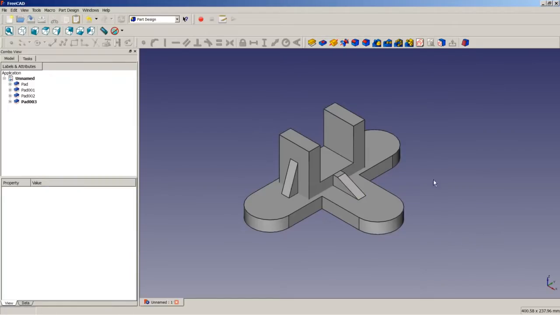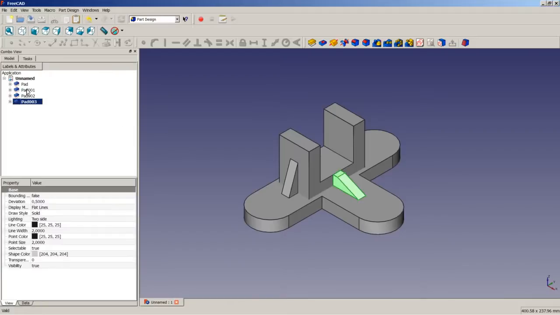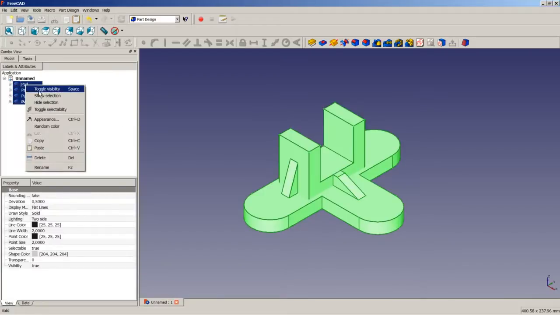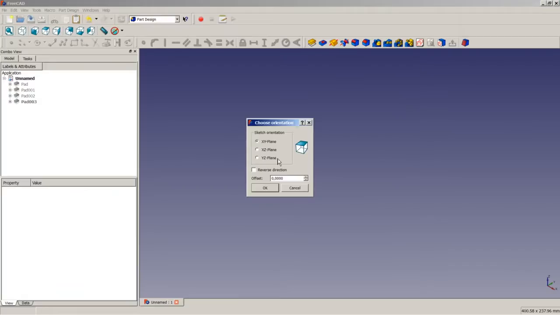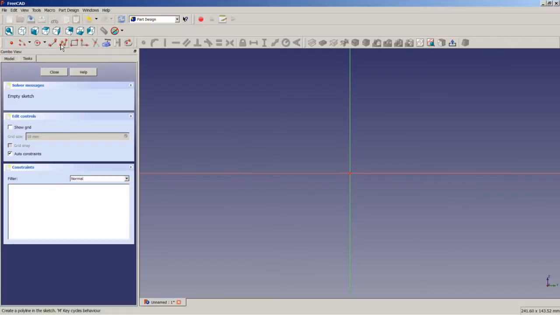Okay, since you can do revolution in Part Design with only one closed contour at a time, we will toggle the visibility of these pads and begin with the first revolution. We will create a new sketch, this time in the YZ plane. We apply OK. We will use a polyline tool to do a horizontal line here, vertical line here, a chamfer here, horizontal line here, chamfer back,